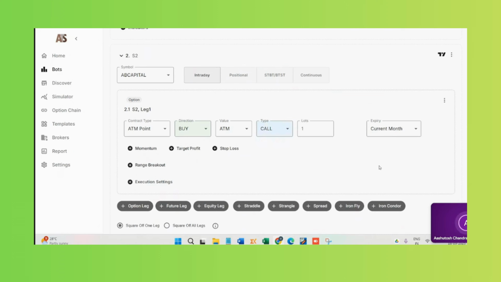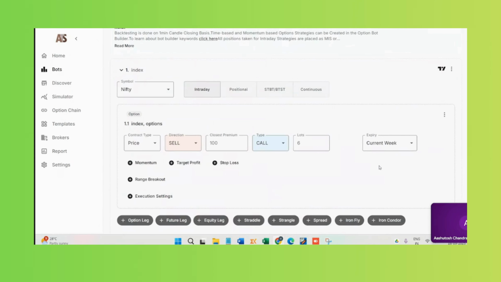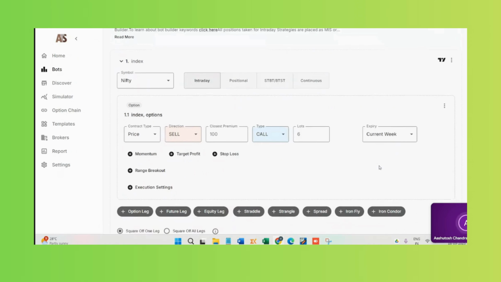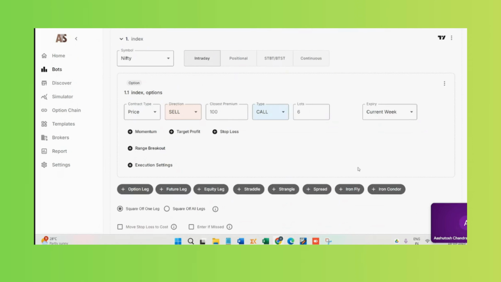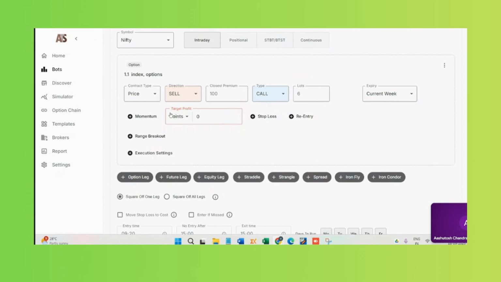If you go back to the index set, over here you'll be able to see the target and stop loss as well. Let's say we are shorting 100 rupees call option for 6 lots on current week expiry, then there is this target profit and stop loss. If you'd like to keep the target in points, you can define it over here, whatever you want. And instead of points, if you'd like to change it to maybe percentage, that is also there,